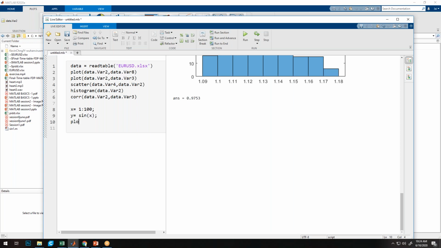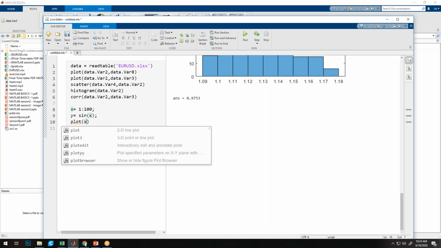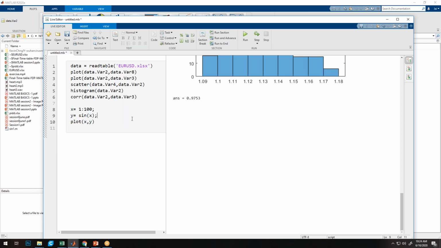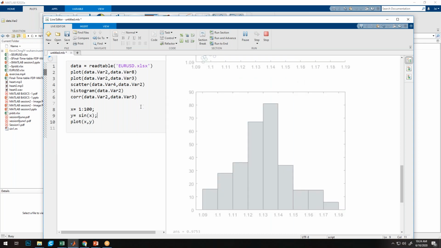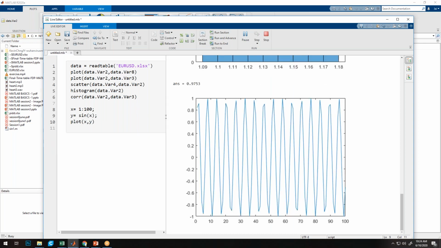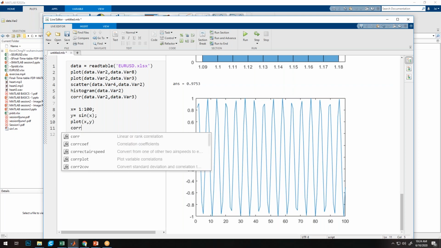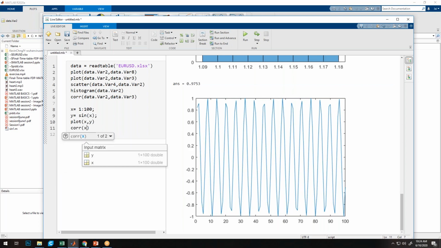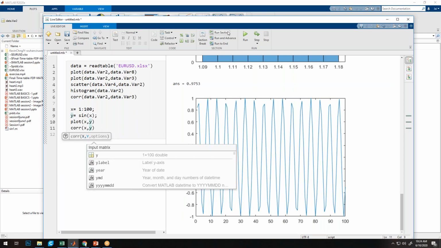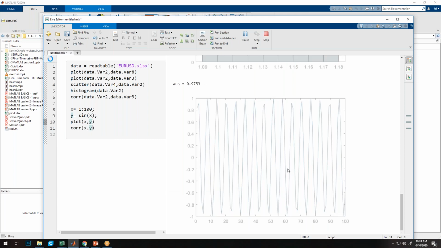Now, because I know from the plot command that this is of sinusoidal nature, I want to find out the correlation between x and y. So if I use the correlation function, correlation x and y, let's see what it gives.